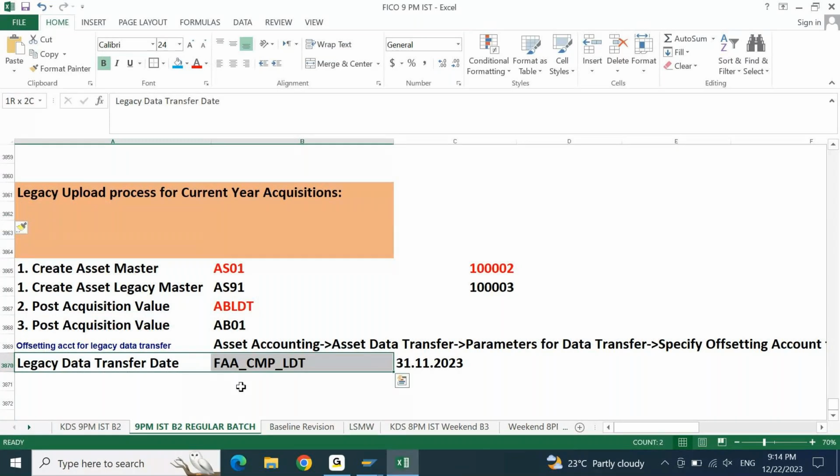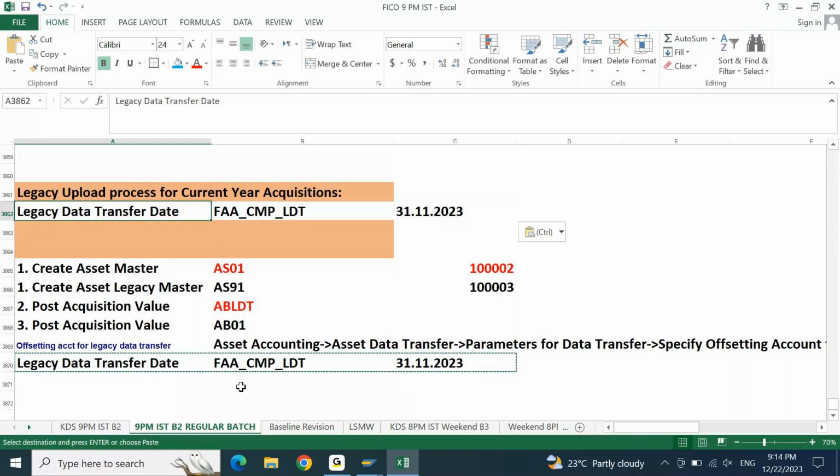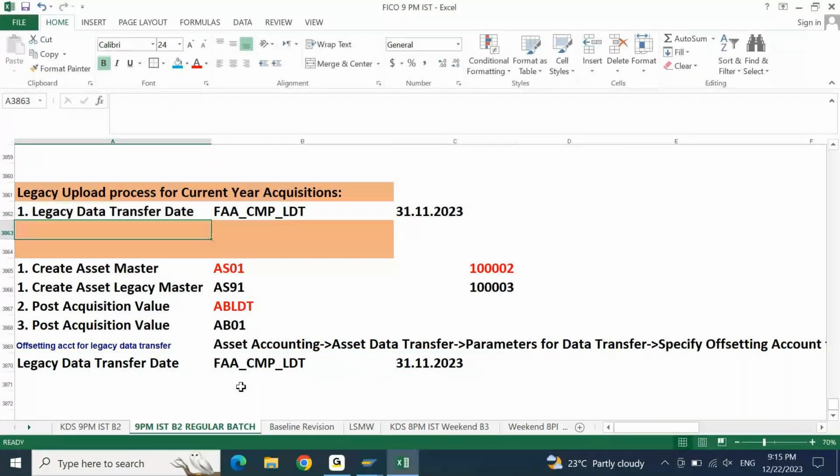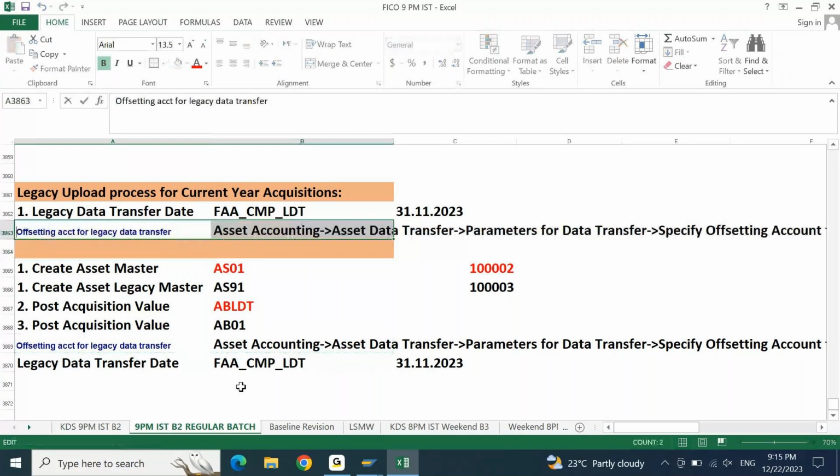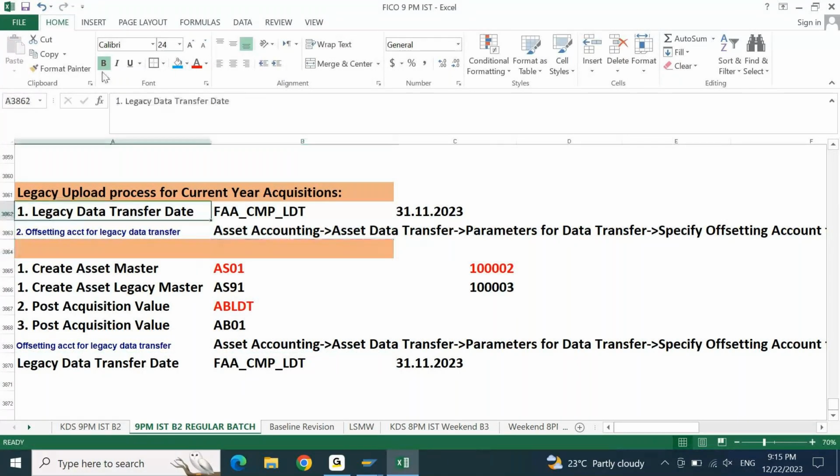This will be the first step. And second step will be this. I'll put format painter here. And third step will be